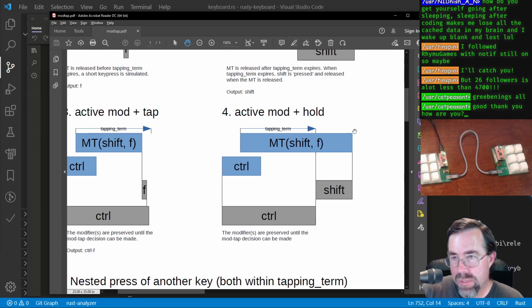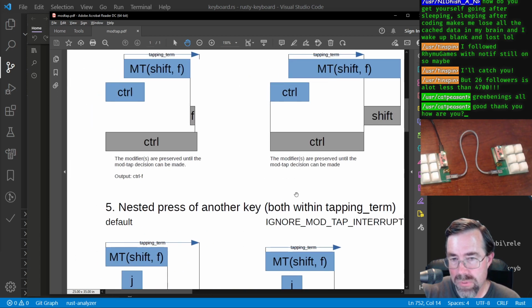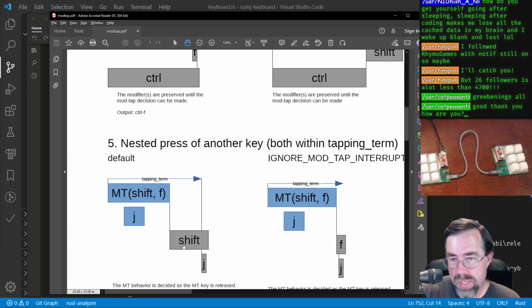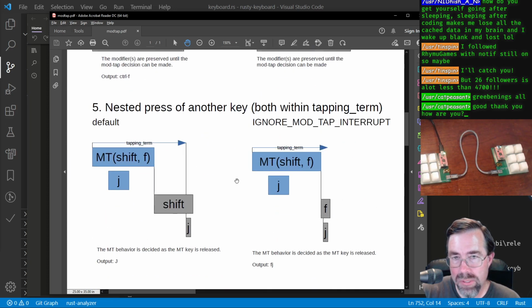And same thing with tap and hold, like when we simulate, or when we, no, it's not the same, sorry. If it's a mod, then we don't want Control and Shift to show at the same time out here, because we delayed the shift out here. So we wouldn't see Control Shift at the same time unless you actually held down Control all the way through. And then I am not doing rolling key presses yet. To do that properly,